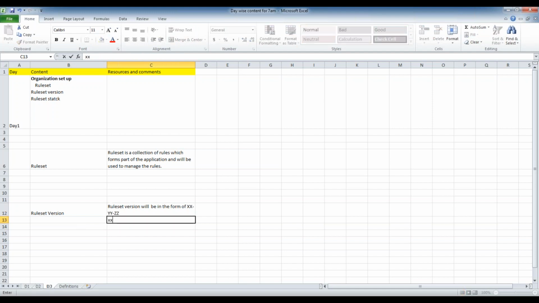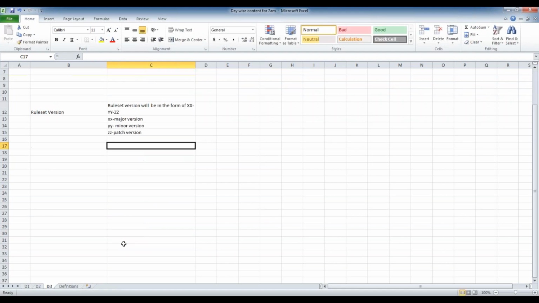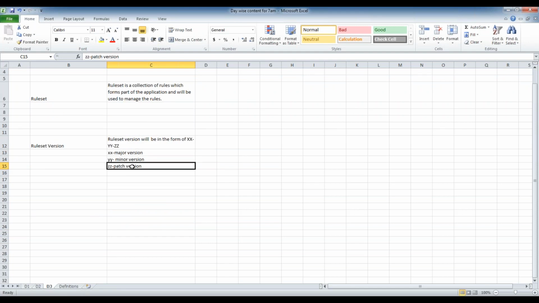Here XX stands for major version, YY stands for minor version, and ZZ stands for patch version.